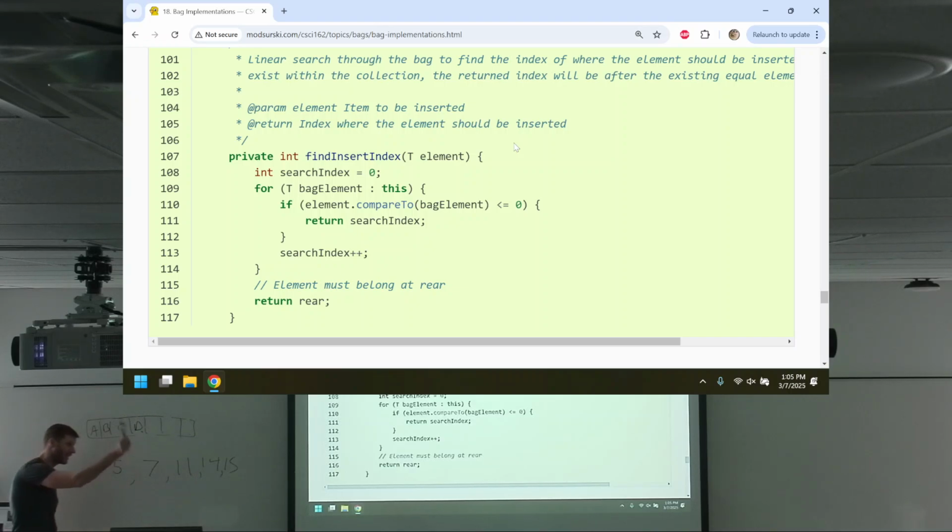If here I said strictly less than 0, what would happen? I would say, does 5 go before 5? No. Does 5 go before 7? Yes. And then it would go here. And then fine, okay, great. But the equal to is fine. And I want to emphasize something really big here. Let's say I'm adding the number 8, okay? Does 8 come before 5? No. Does 8 come before 7? No. Does 8 come before 11? Right, so I know 8 must at least come before 11.